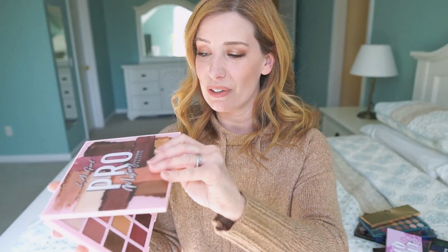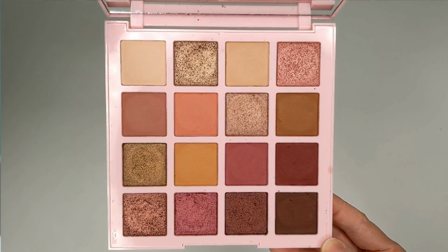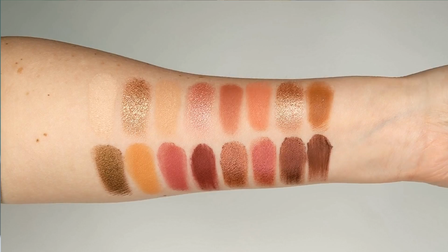At number 2, we have the Pro Mastery palette from LA Girl, and this one I like just a little bit more because of these beautiful rosy tones. I think it's just perfect. I love it's kind of a little bit of a dustier pink vibe, and you also have some rose gold, some bronze, some beautiful browns down here. This is an amazing palette. It's so super gorgeous. And then coming in at number 1 is the Too Faced Born This Way Natural Nudes